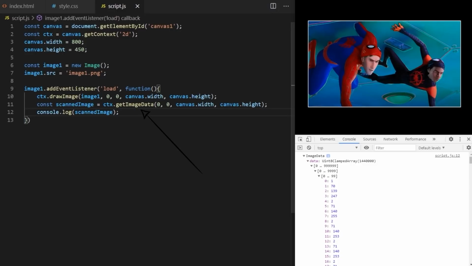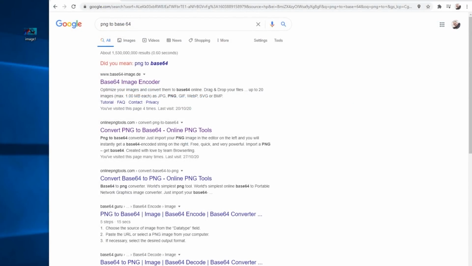You can actually convert any image into a data string and place that string directly into your file. This will avoid all cross-origin resource sharing issues. We can convert any image into a data string using the toDataURL built-in JavaScript method, just by calling it on the image. But today I will just do it using this quick free online tool. If you Google PNG to base64, this will also work on JPEG images and other types, by the way, not just PNGs. I go to this address,